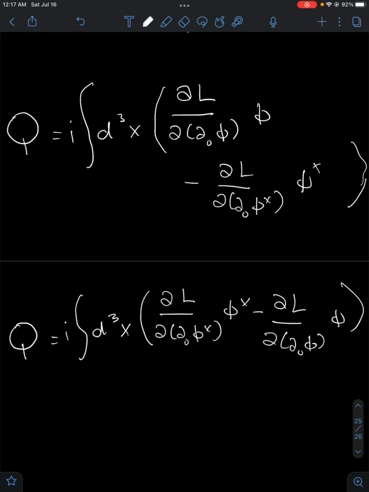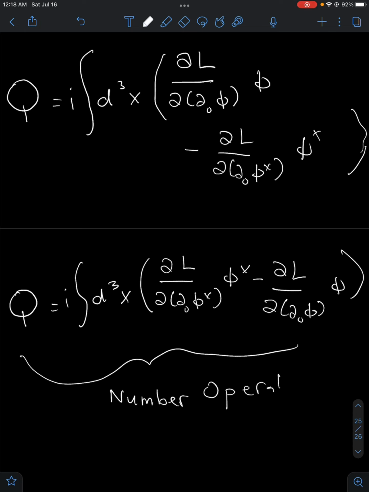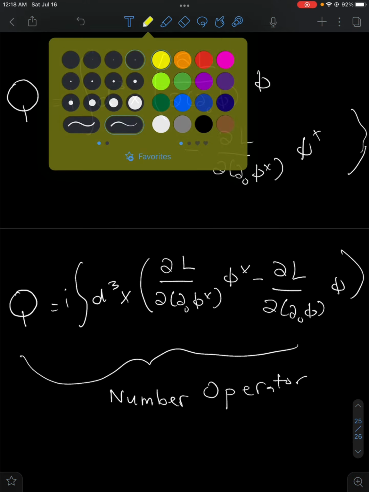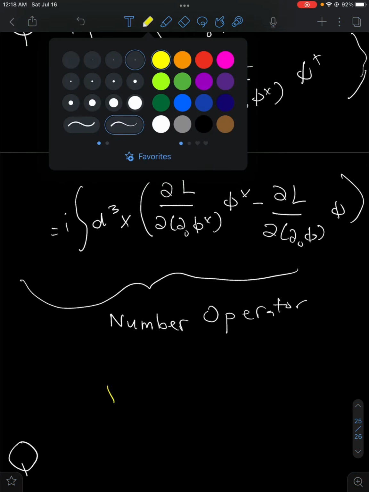So we see that under a U1 symmetry, we actually get a bunch of different conserved quantities. And this quantity isn't exactly charge just yet. We actually call this quantity the number operator. You might be wondering, how is this related to the number? Well, we will see that once we get to second quantization, that when we multiply this q, let's actually call it n for now, since it's the number operator,